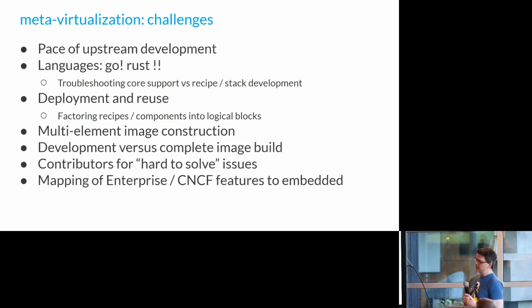I found that the deployment and reuse of the different components, if you go look at this CNCF landscape, they say there's a CRI, a container runtime interface, there's a networking interface, there's a this and that. It's kind of like the OSI model for TCP/IP. It looks good on paper, but it gets all messy and blurry in the middle. So how to factor those blocks out into package groups and things that you could then pull into your own image has always been challenging because of different naming, different technologies, everything. And of course, there you go.